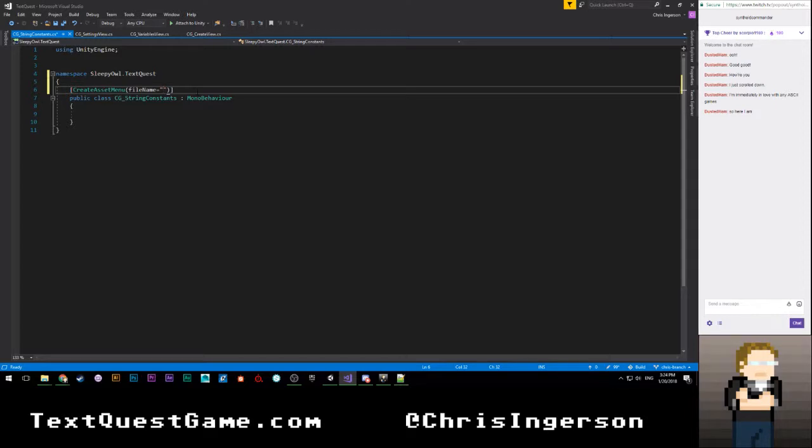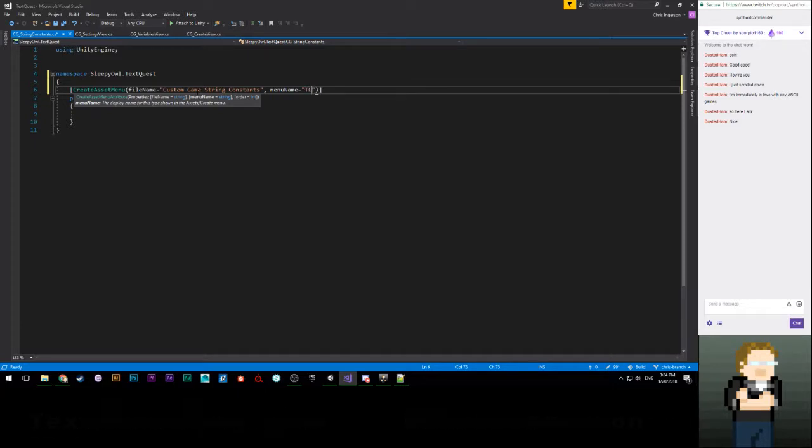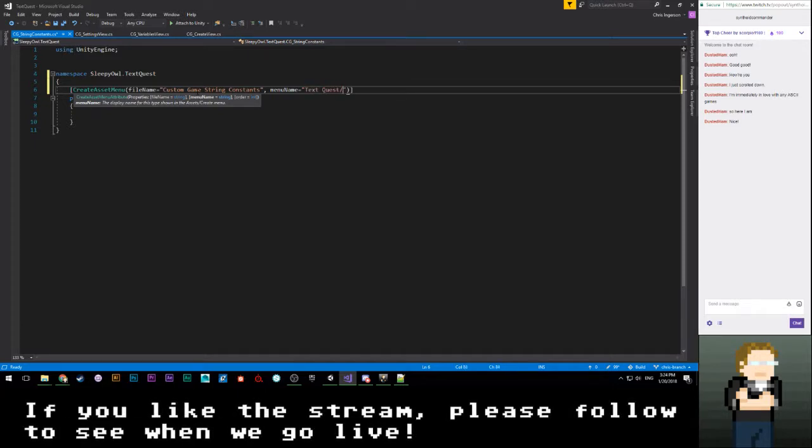So, let's see here. So file name for this is going to be, I guess we'll just say custom game string constants. And then let's go ahead and say menu name is going to be equal to, let's see, that would be create text quest slash, we'll say custom game slash string constants.